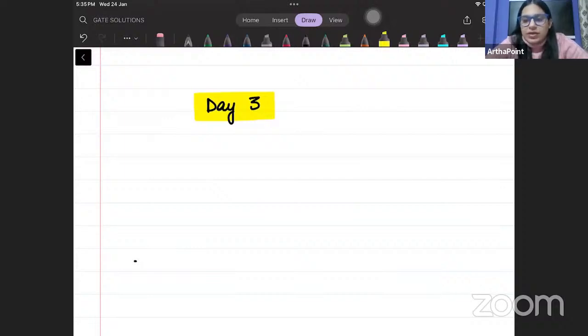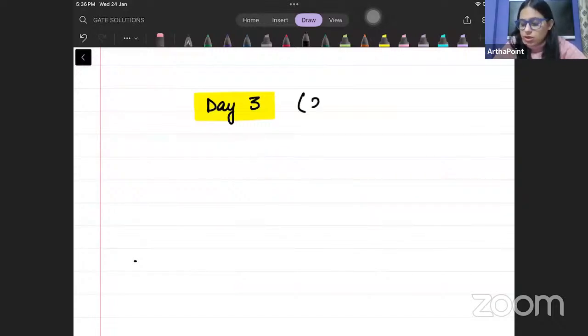I hope that you have thoroughly revised everything related to econometrics in the first 2 days. We will not have time to revise things again and again. So, whatever is discussed and decided for a particular day, you need to revise that on that day itself. Now, what we need to do next is dedicate 2 days.